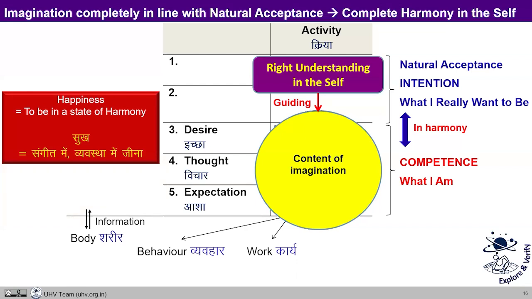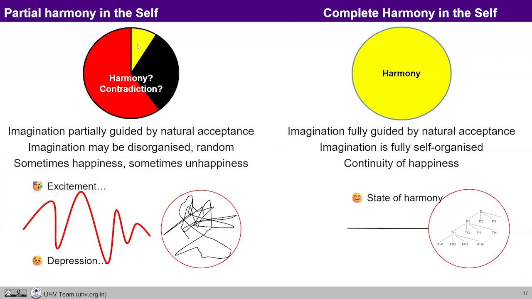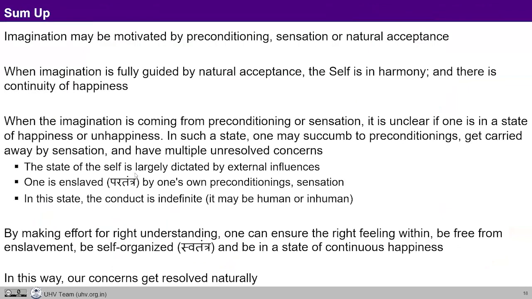When we understand, then the child does not have that clarity. So some illustration here has been made. With partial harmony in the self, this kind of state would be there. When there is complete harmony in the self, then this kind of state would be there. Now here you do not have to read out D, D1, D2, D3 and all this. We can say that this illustrates how harmony can be there. Otherwise, a kind of randomness in our imagination and thoughts is there. And then you can sum it all up. Nice. I'll not go over it again.